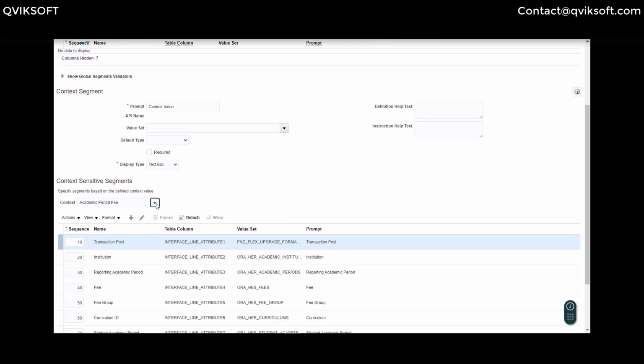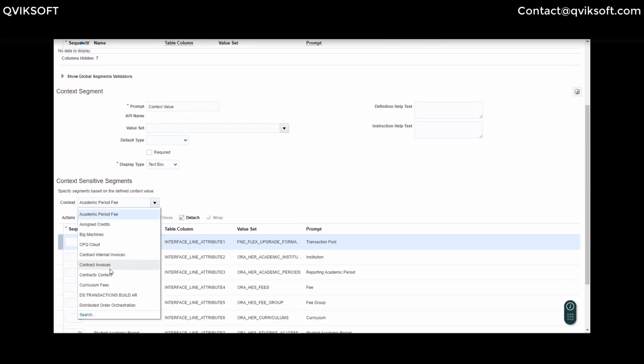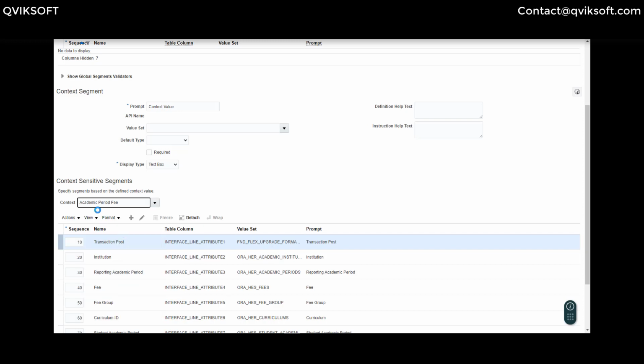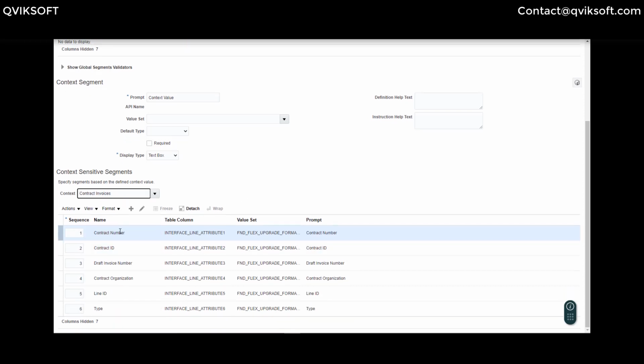Let's say if I'm looking for data coming from projects, this is a contract invoice flex field. This will be receiving this information in the flex field as populated, shown here as part of CD data, which will be sent whenever you interface an invoice from projects to receivables. It will be sending contract number, contract ID. All these fields will be available as part of your flex field when an invoice is coming from projects. Let me look at another example.